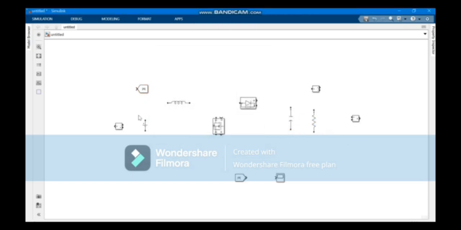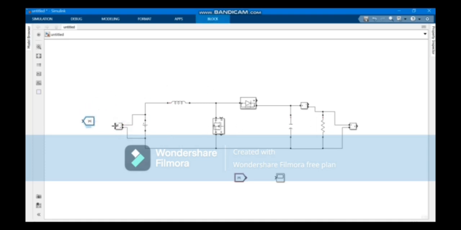Now follow these steps to connect all the components properly. Import a pulse generator used to drive the switching component.